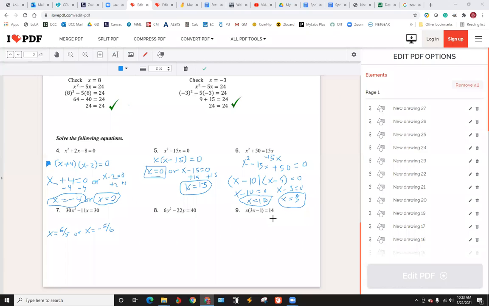This is not set equal to 0. So you have to just simplify this, collect your like terms, whatever else you need to do, then set it equal to 0. It does not work with 2 factors set equal to 14, because there's no property that deals with that. The zero property of equality means that if 2 factors are equal to 0, then one or the other or both